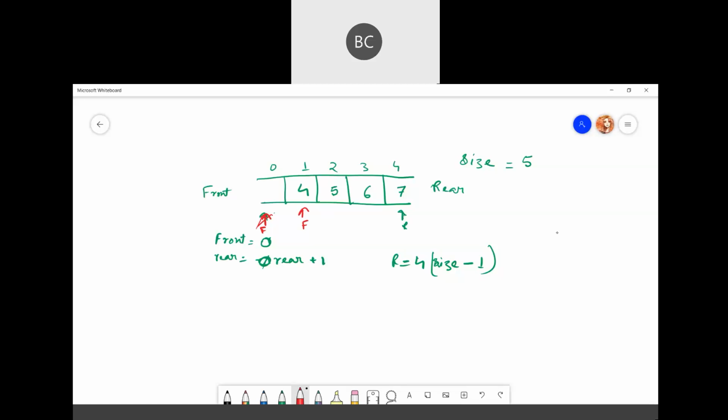You will do front plus 1. Now you want to delete one more item. You will delete it. Front will be here now. Now you want to delete one more item. You will simply delete it and front will be here now.